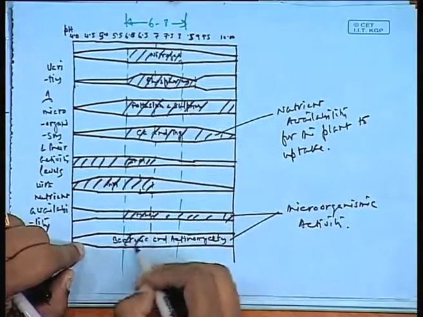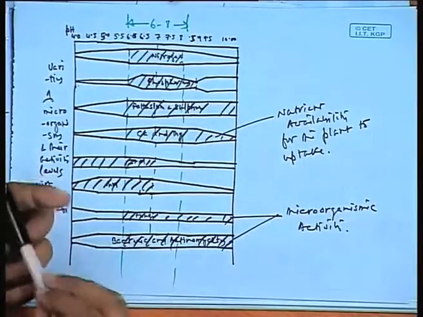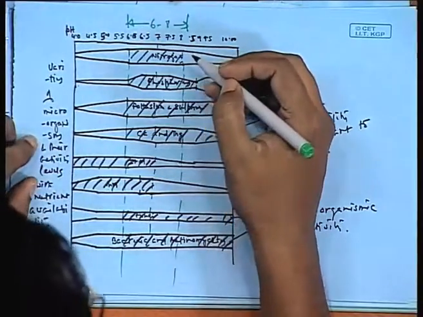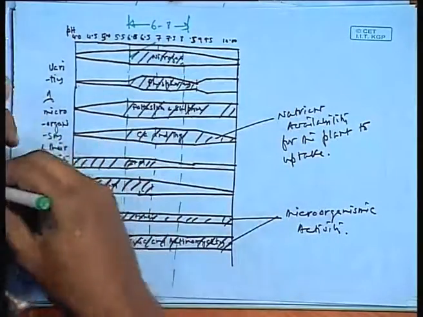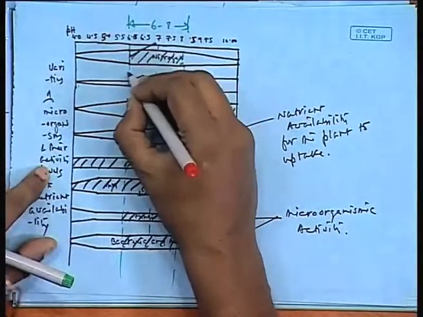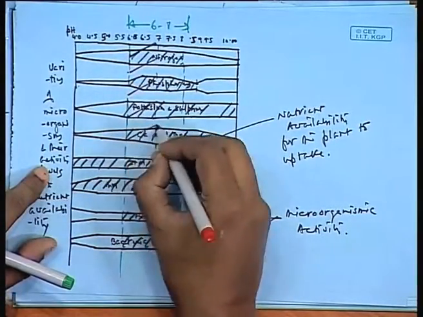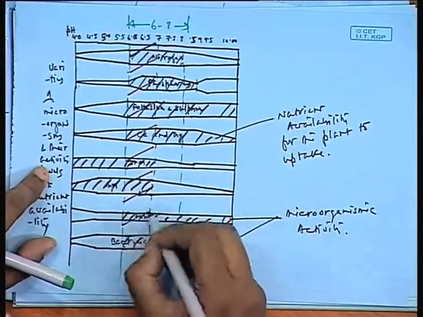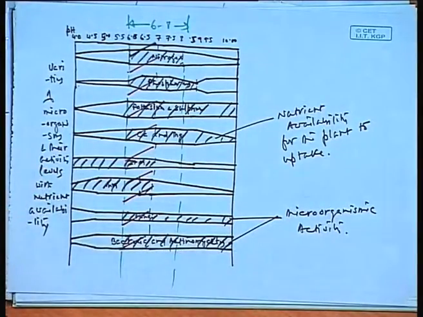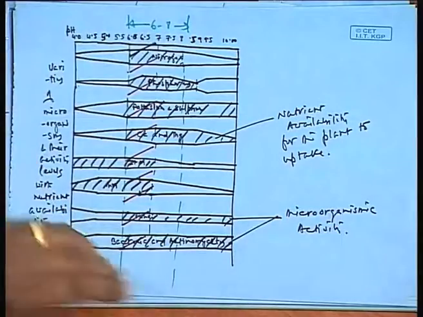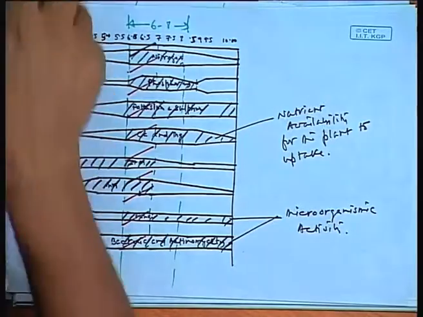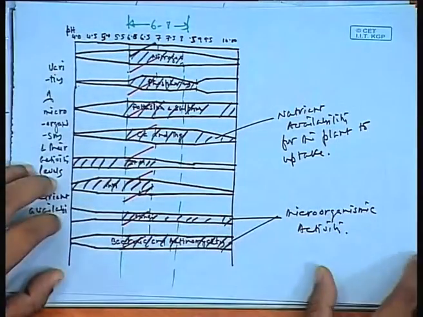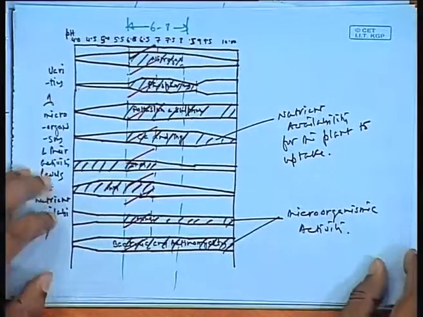So if we just see this plot now, the best region is perhaps 6 and 7. The best region is between 6 and 7. This is where we would try to keep the soil, and so at 6 to 7, if we are trying to preserve the soil, then we are comfortable. This is clear to you.